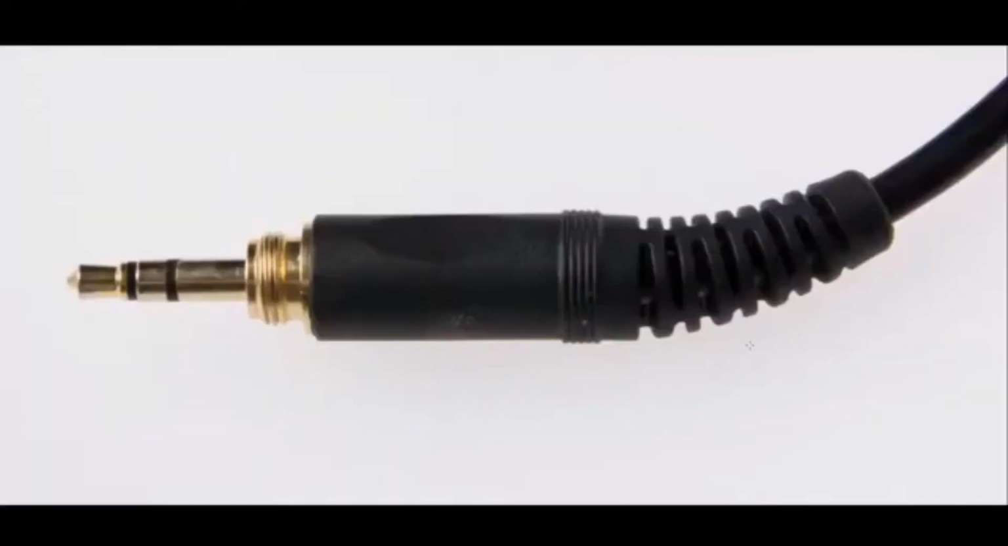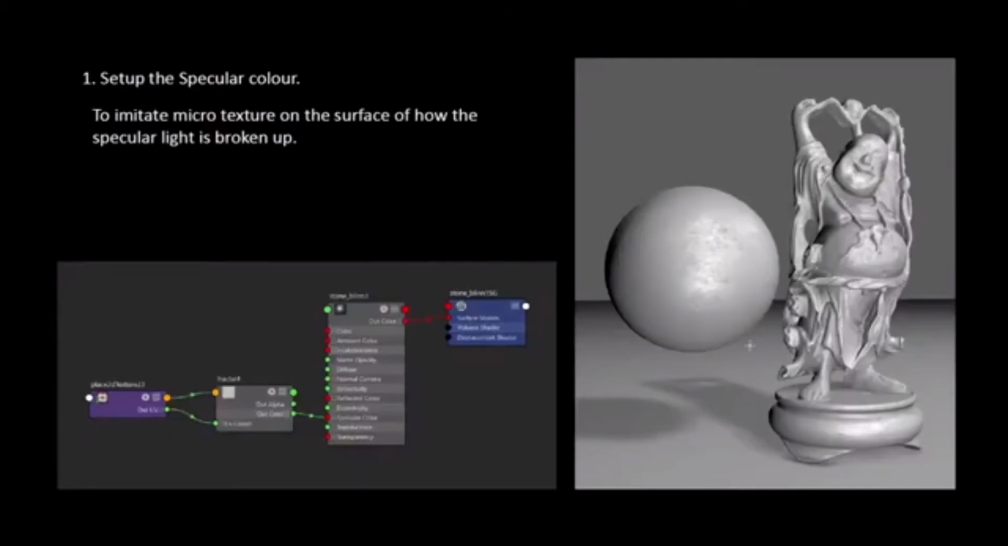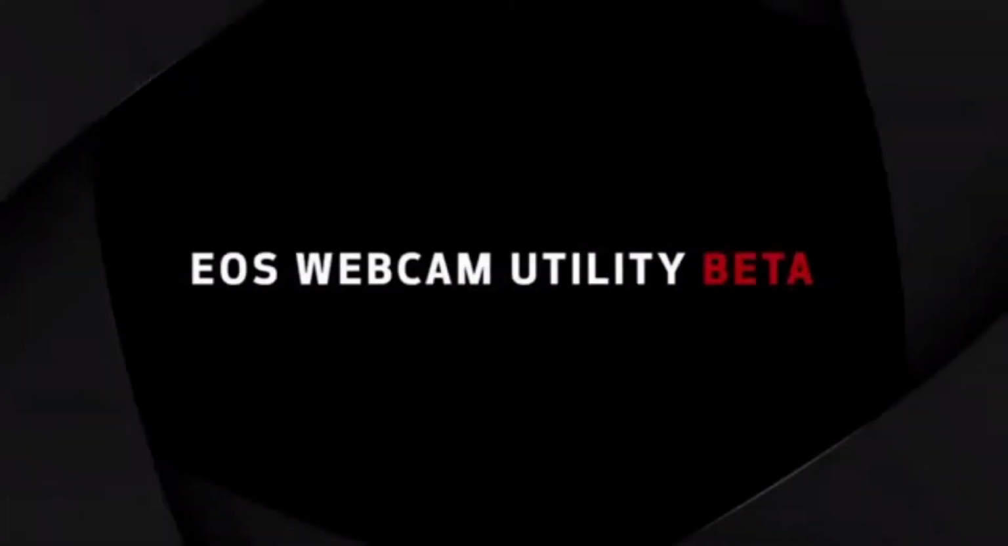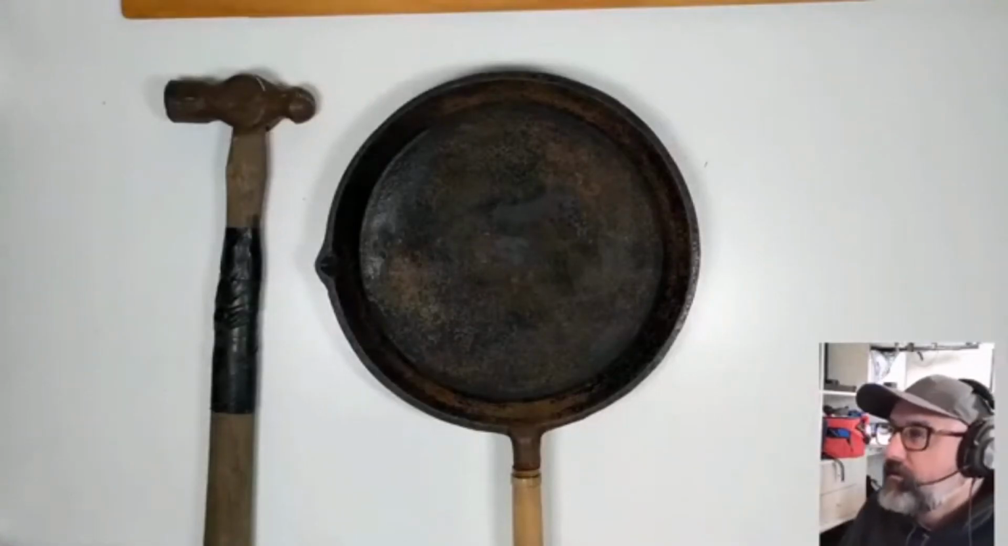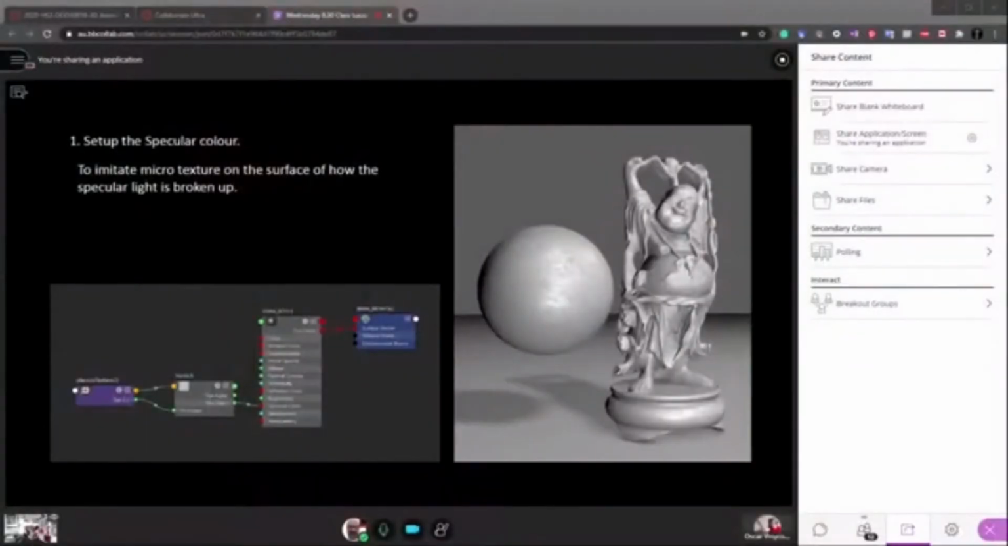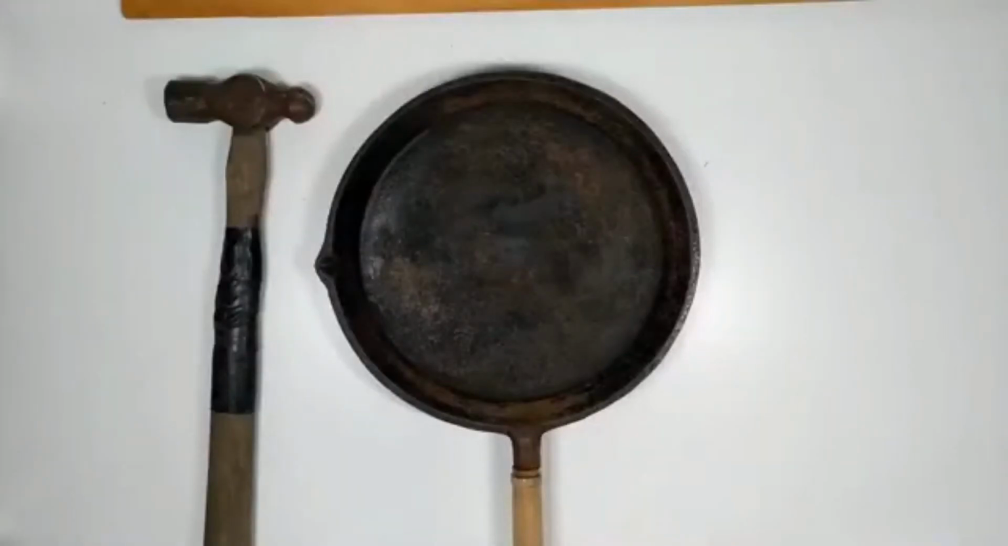Now, specular color or specular is just that reflective light over an object. So I just want to demonstrate that now. I'm going to change over to my desk camera. All right. There we go. Okay, so here I've got some objects,